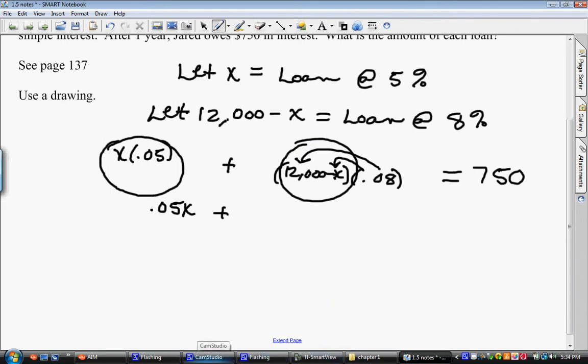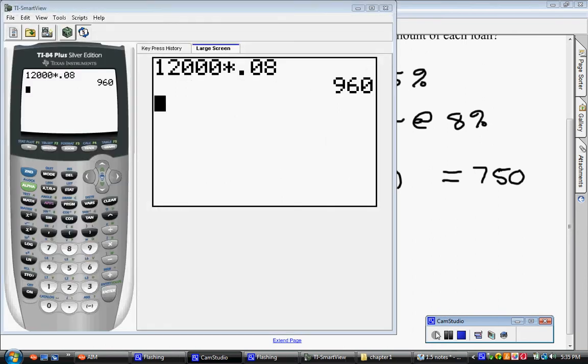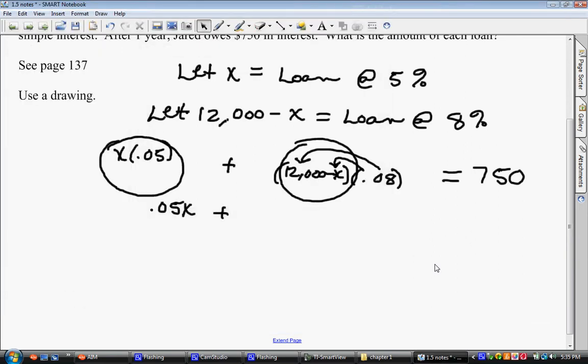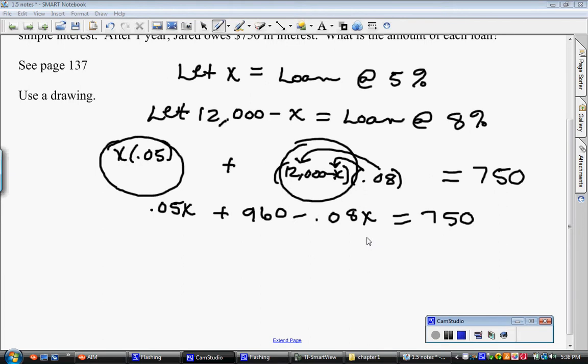We're going to go back to our work now. .08 times 12,000 is 960, so we're going to put that in our equation. When we take .08 times 12,000, we get 960. And .08 times negative x is negative .08x. That's all equal to 750. Now this equation has decimals in it, but it's just like any other equation. We have on the left side .05x minus .08x. That would give a negative